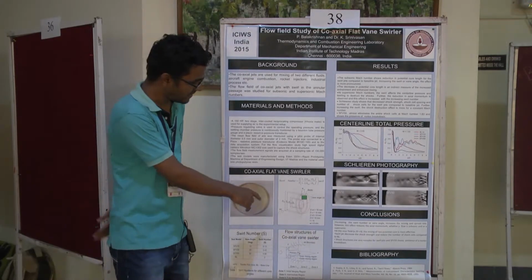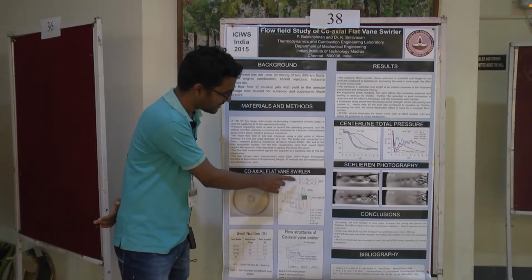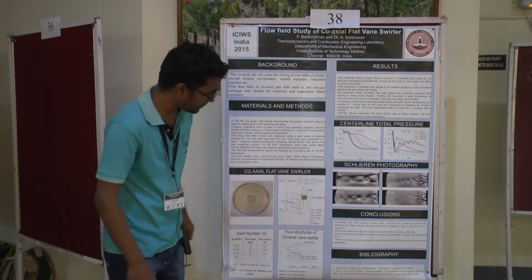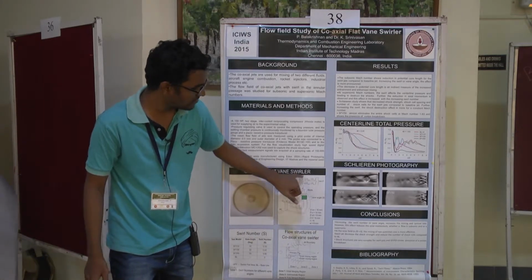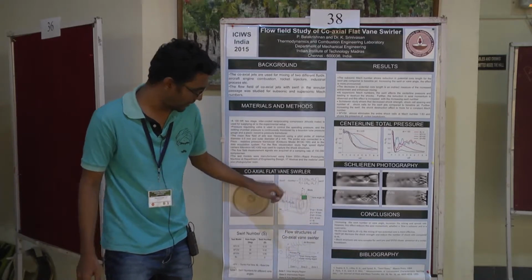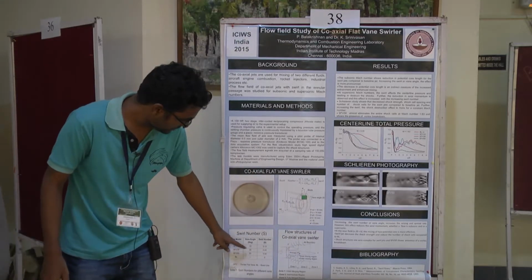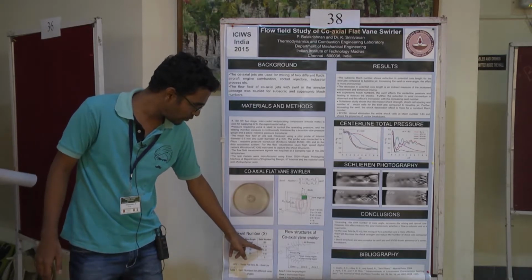For the present study, the swirl number equation, with respect to geometrical consideration, is this equation. We know that the geometric configurations are the same, so we can substitute these values, and only the angle is varying. For different vane angles, we can get the swirl number. The present study takes 10 degree, 30 degree and 50 degree, with the corresponding swirl numbers 0.13, 0.43 and 0.90.